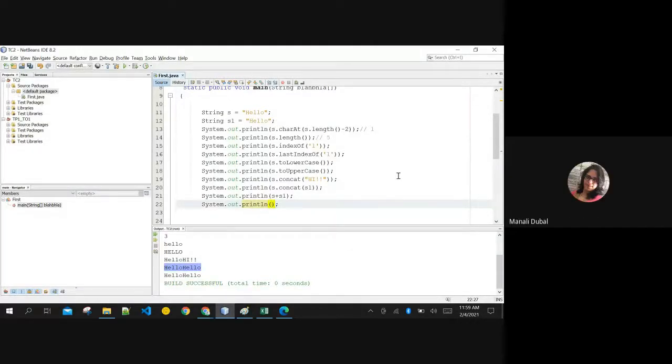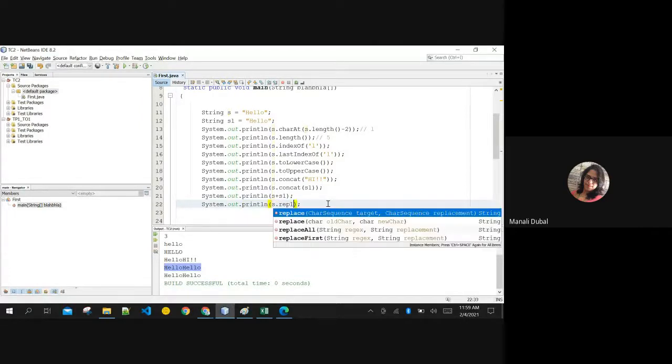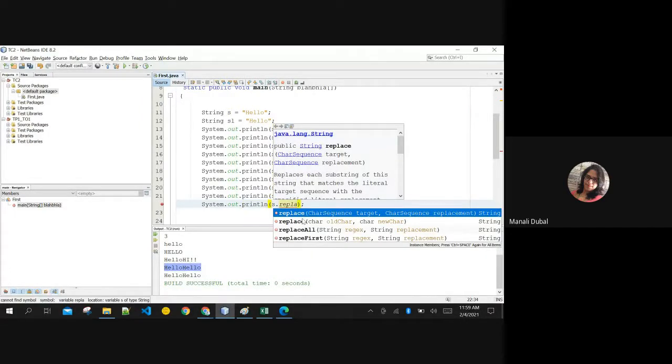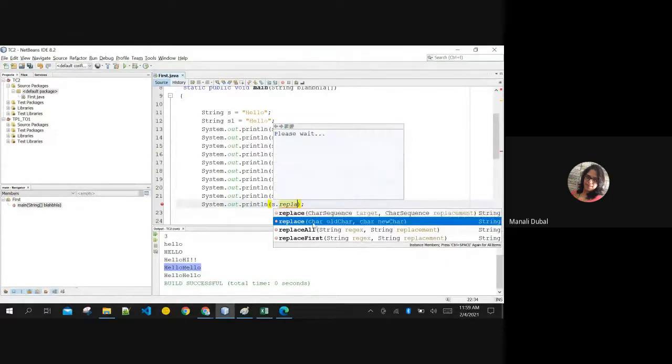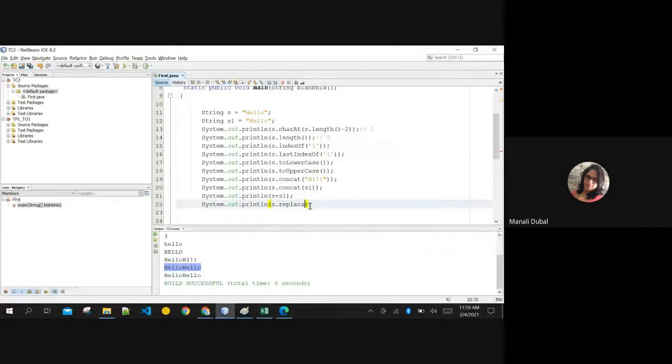There is one more function that we can use here. See, s dot replace. And replaceAll. There are two different functions. Replace just the first occurrence of that. Let me use replace first. Replace old character with a new character. I want to replace L with, for example, Q. Then if we print, all the occurrences of L will get replaced with Q.